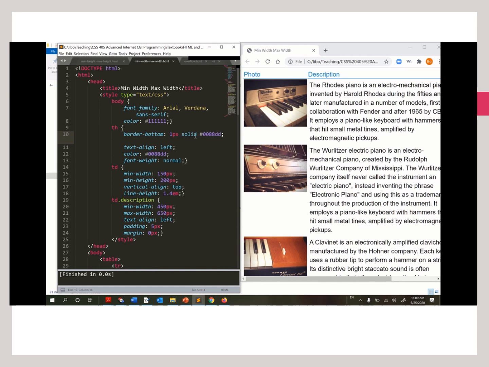Okay, for this one, the head has a border of 1 pixel. It's a solid border, and the color of the border for the bottom of the head is this color. For the text table head, we use text-align to the left, so you can find it's aligned to the left. And then color, the foreground, means the text color is this one, and the font weight is normal, so we don't bold,